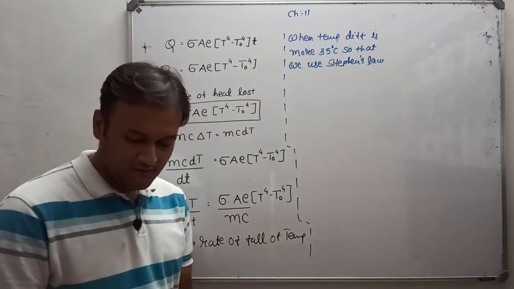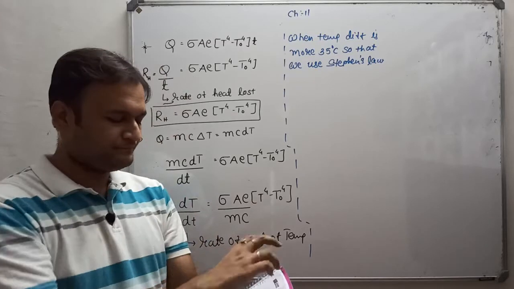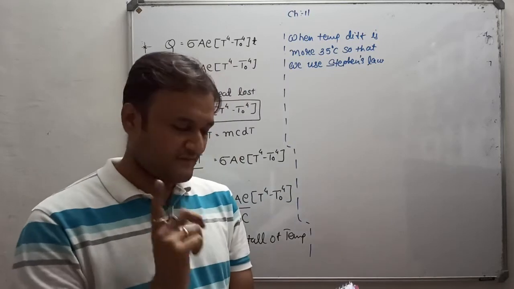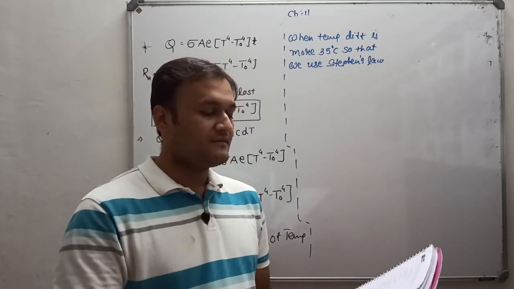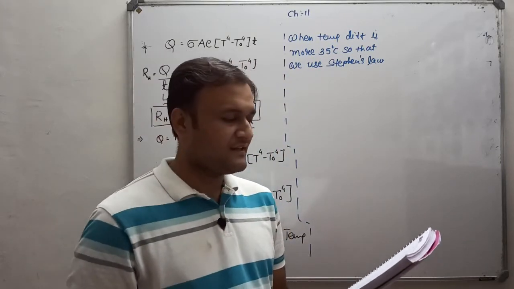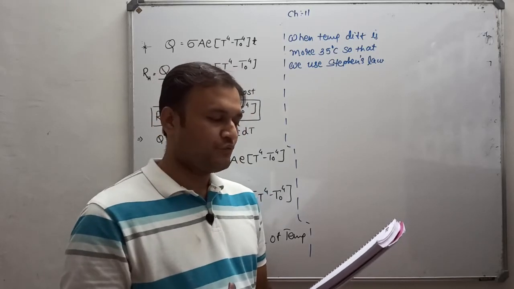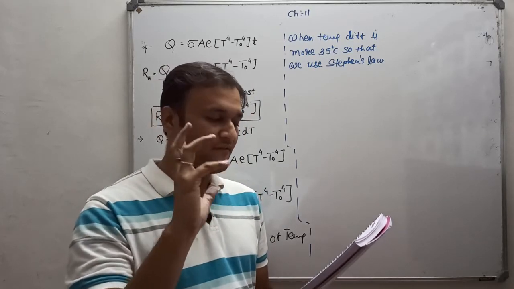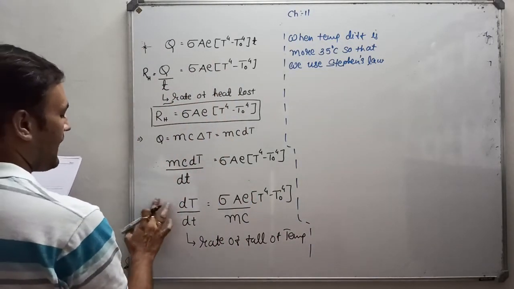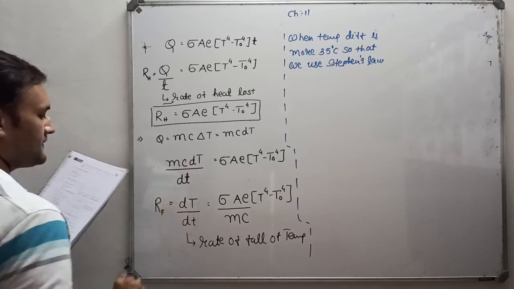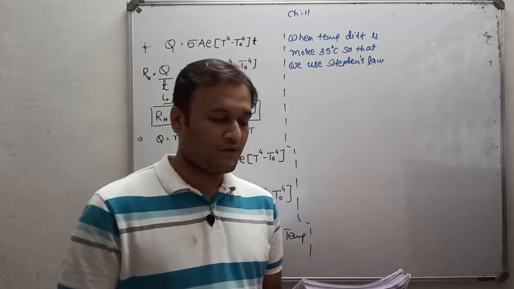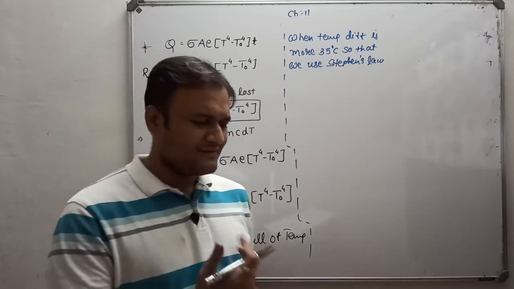Now there is a table given here. Okay, I'll send it to you. First, two solid spheres of the same material, same T, same T0, same S, S means specific heat, same rho, rho means density, and different radii R1 and R2. Two spheres where only the radius is different. So RH is called RH, and this is called RF. So RH is proportional to R square and RF is proportional to 1 upon R. Okay, remember that.